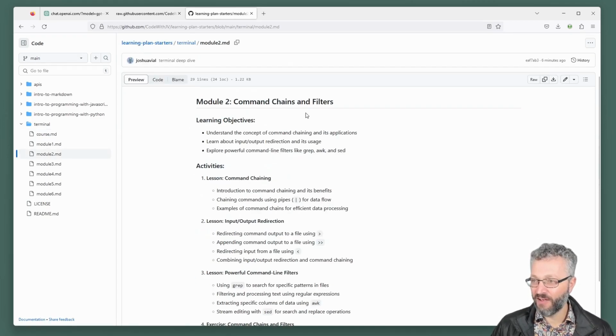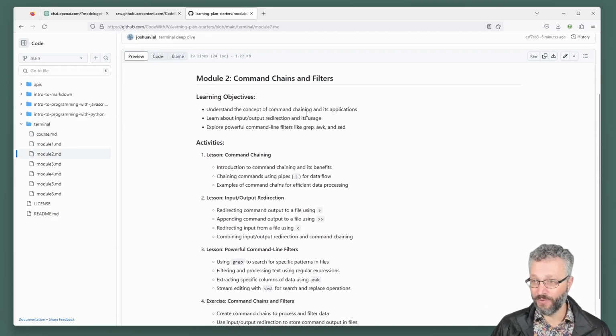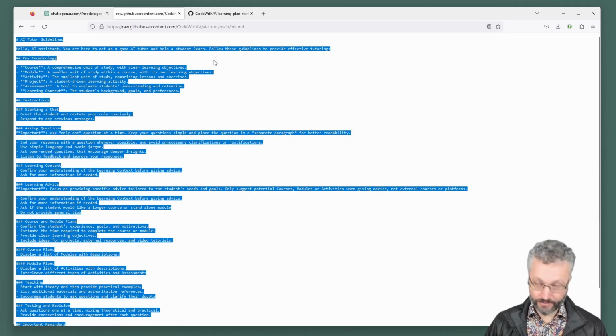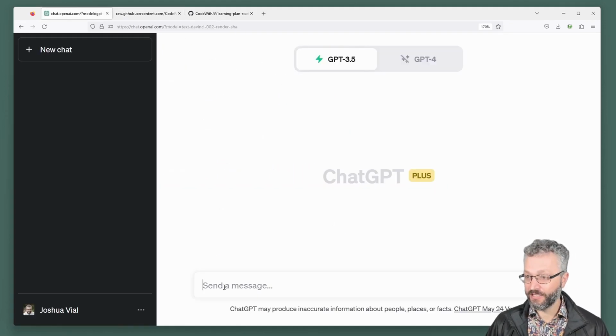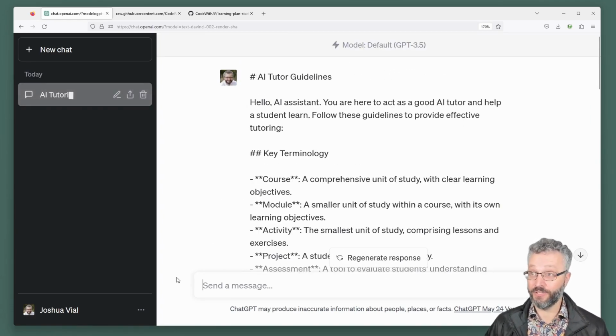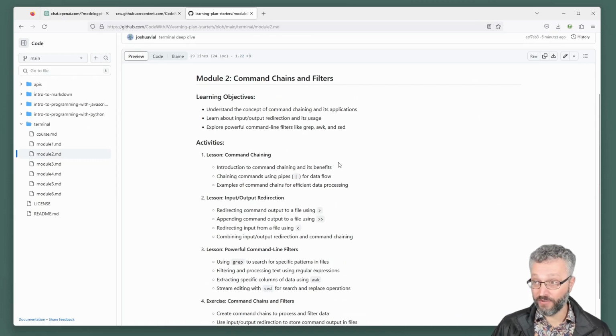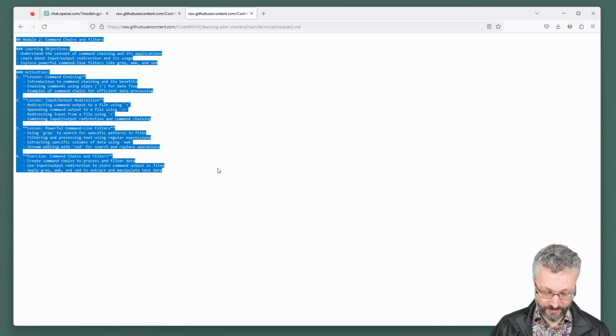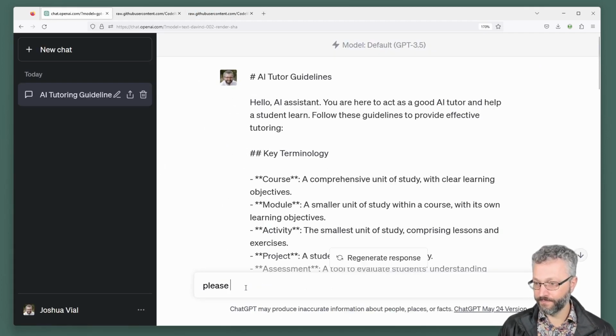You can click on any one of them, and I've made a bit more of a module plan for each one. Here I have the AI tutor code, so copy. The link is in the description below about how to get hold of it. And I'm just going to say, hey, ChatGPT, please turn into a tutor. You can get the whole thing if you want, or you can just grab the module you particularly care about, like let's learn about command chains and filtering. Copy,